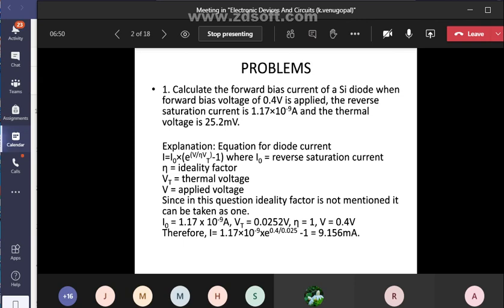So directly we can substitute the values in the formula, right? In the diode current equation, I equal to I naught into e power V by eta Vt minus 1, substitute all these values and you will get 9.156 milliamperes. So that is a problem on the basic diode current equation, right? So next one is,